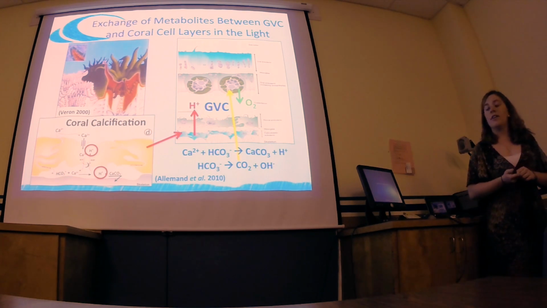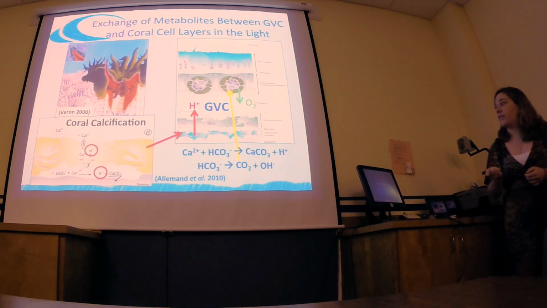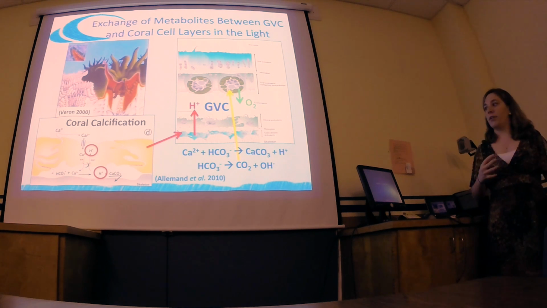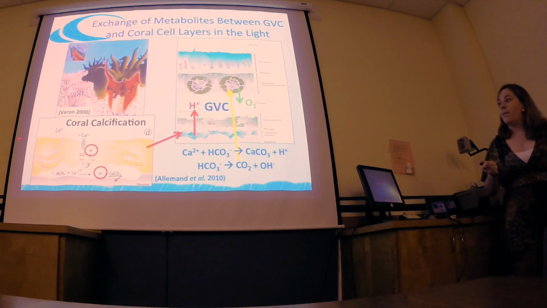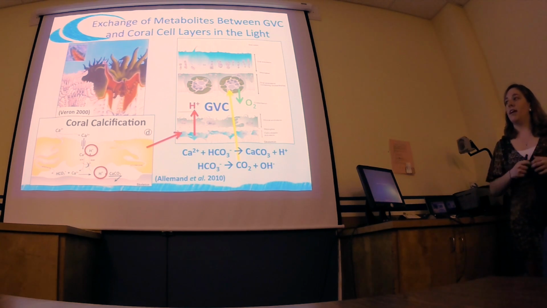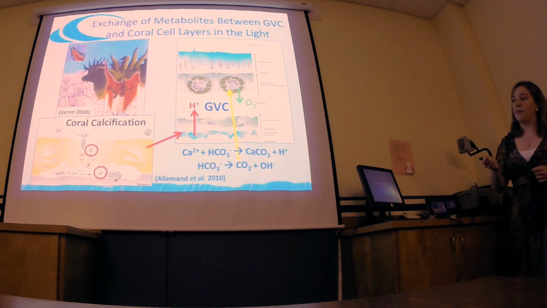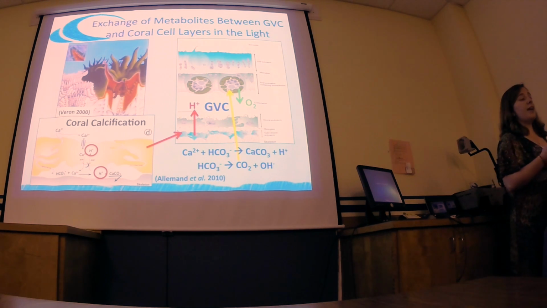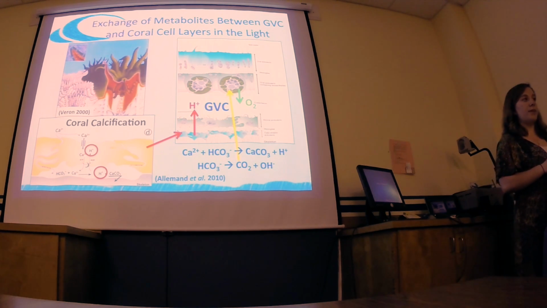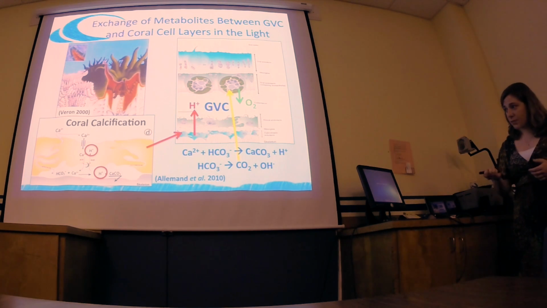And we know that calcification of corals occurs in this calicoderm, which is also seen here. But the exact model is not well understood. But here we have one of the most accepted models for bringing in ions for calcification. So what we have is calcium coming into our calcifying medium, which is here. And it combines with the carbonate to produce the calcium carbonate precipitate, which is the skeleton here.